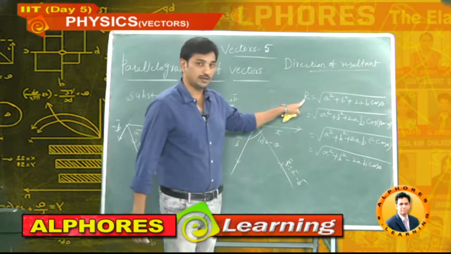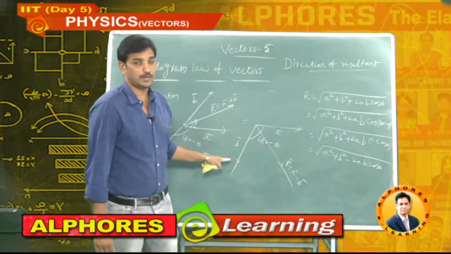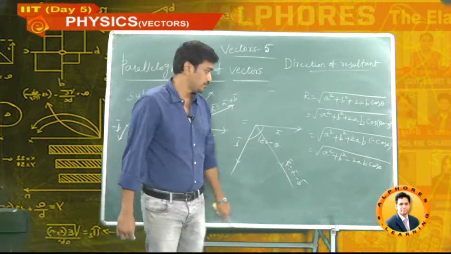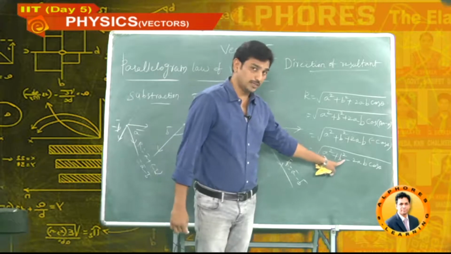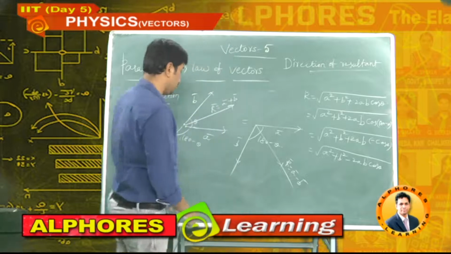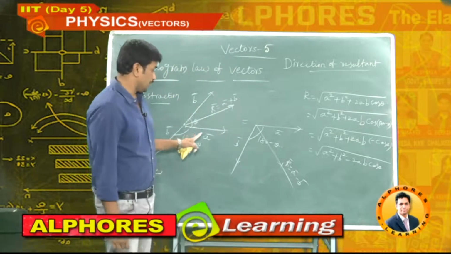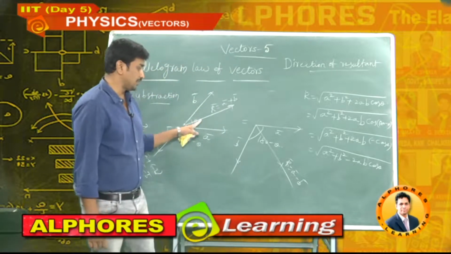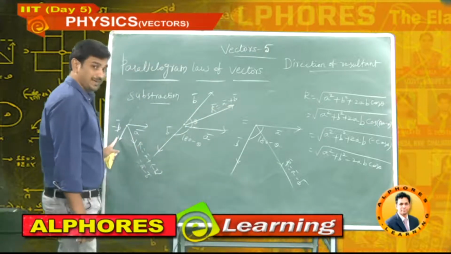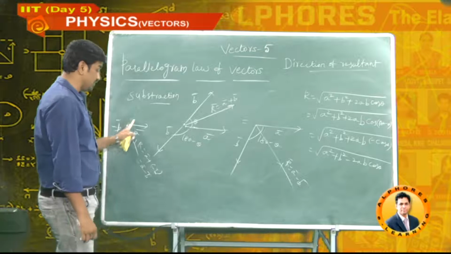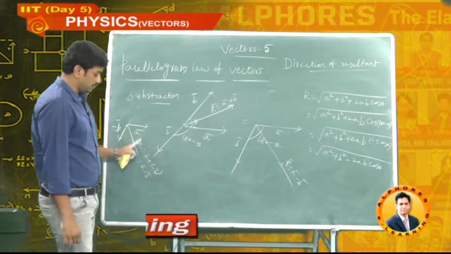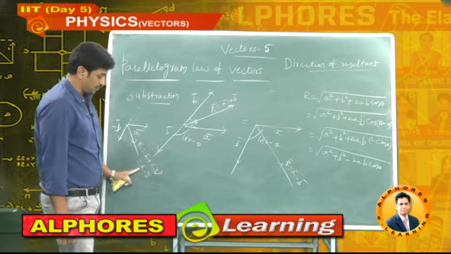It is the resultant of a bar minus b bar vector. The resultant of a bar plus b bar, here you got plus. The resultant of a bar minus b bar, here you got minus. I think you understood once again. A bar, b bar, two vectors, the resultant is a bar plus b bar. If you turn back, it will be minus. Now the resultant of these two is the tail of minus b bar and tail of a bar. Now the resultant a bar plus minus b bar, that is a bar minus b bar.